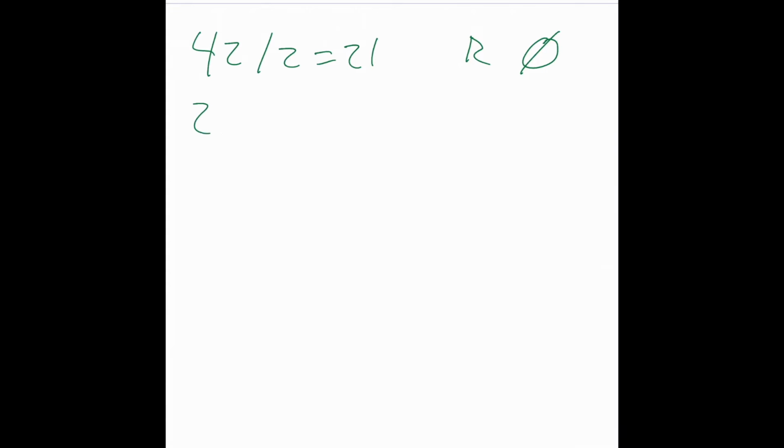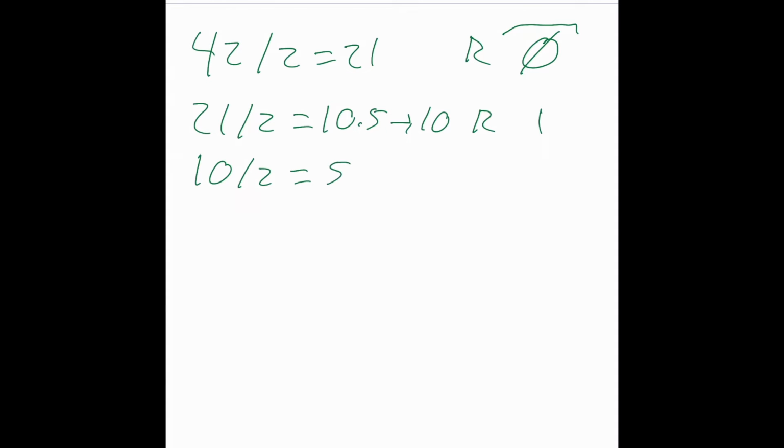Now let's take 21, divide that by 2, gives us 10.5 this time. We'll represent that by saying there's 10 with a remainder, which we'll represent by 1. As we go through, these numbers here on the right will represent the bits that construct the binary number that represent the decimal number. So we'll take 10, divide by 2, we get 5, which has no remainder, so we'll